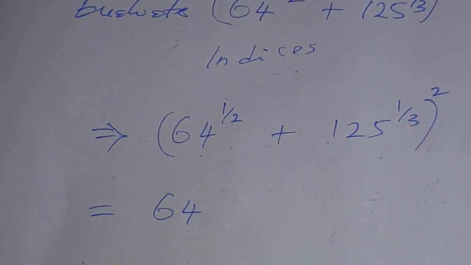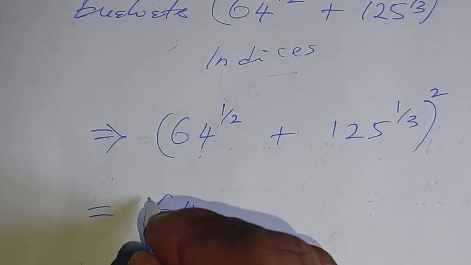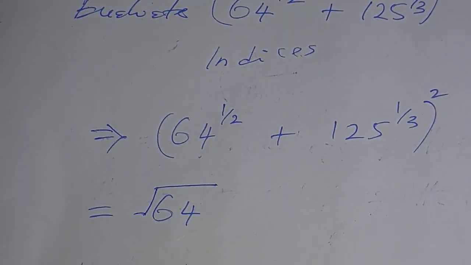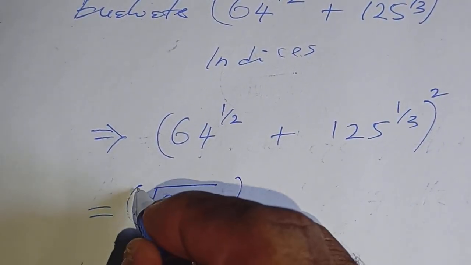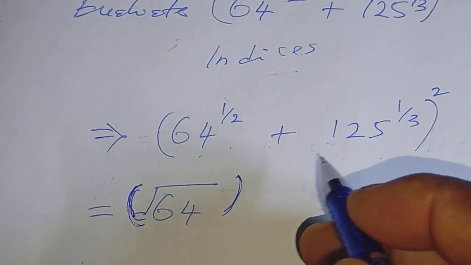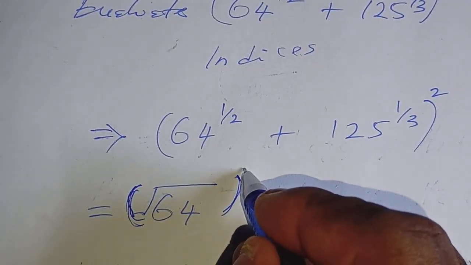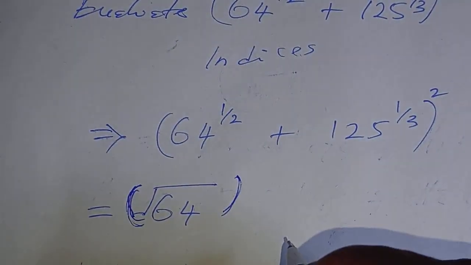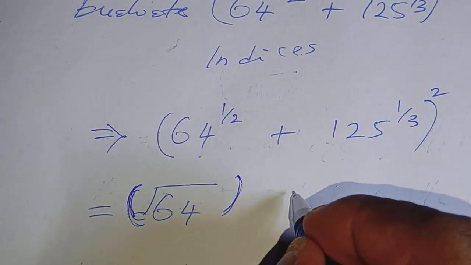So if we are taking that, how do we go about it? It will be the square root of 64 first, all raised to power 1. But in mathematics, like we did in our first two laws, we don't always put 1 as the power. There would have been 1 here, but we're looking at this raised to power 1 already, so there's no need putting it. So it's the square root of 64. That's the first one, plus